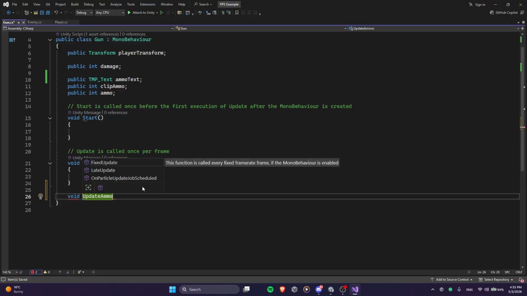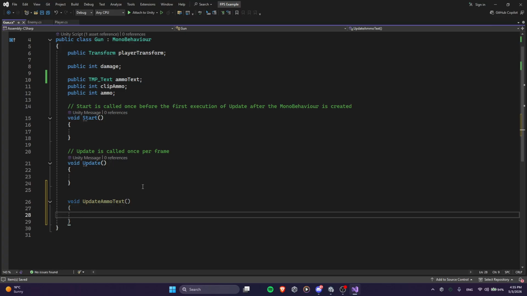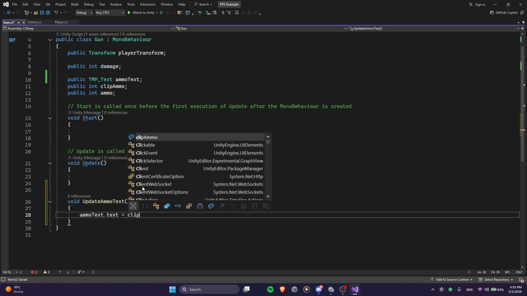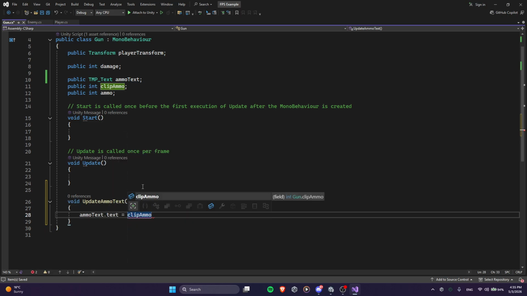Let's say update ammo text. It will say that the text is equal to the clip ammo to string plus,